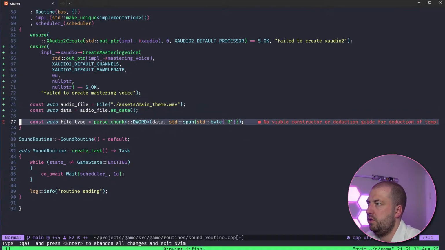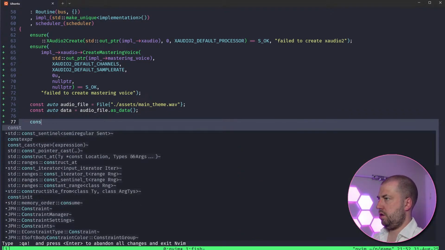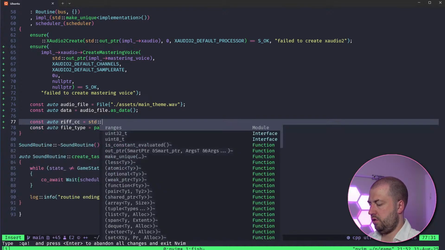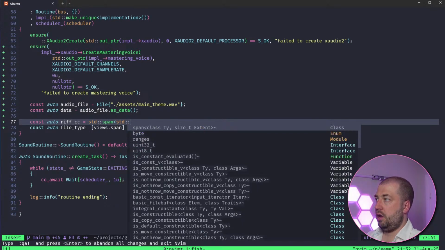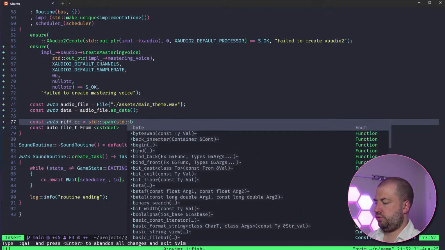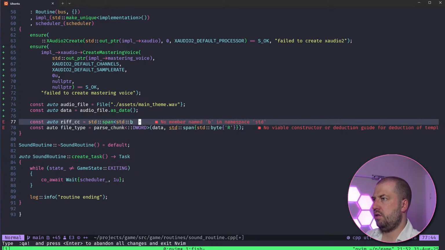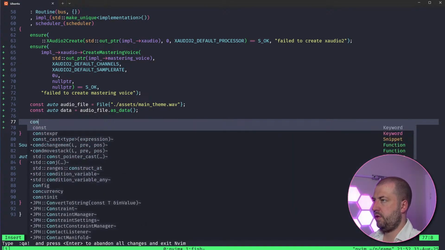That's fine. We can do const auto ref control code equals std::span std::byte. But actually, we could maybe make it. No, we just need to make it an array, don't we?